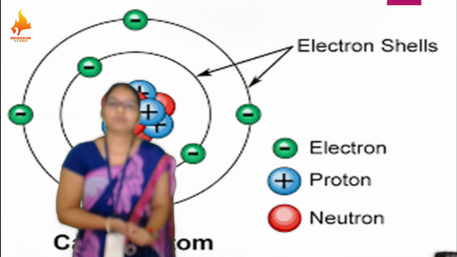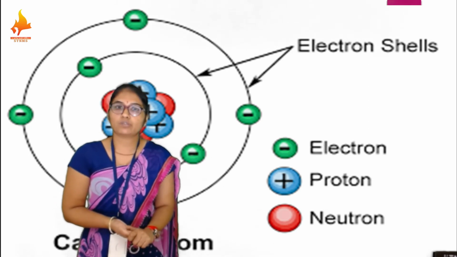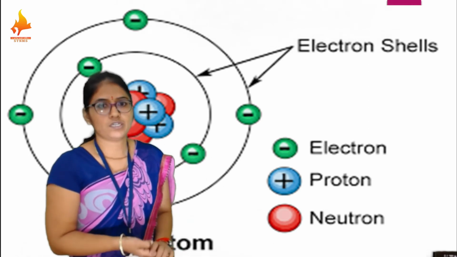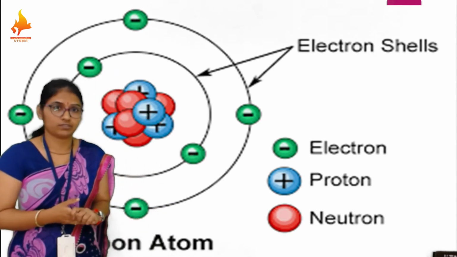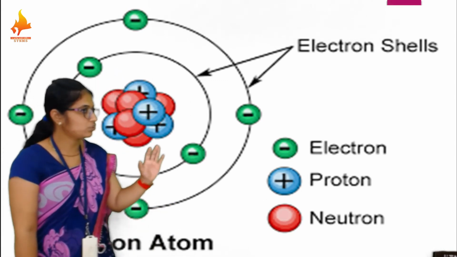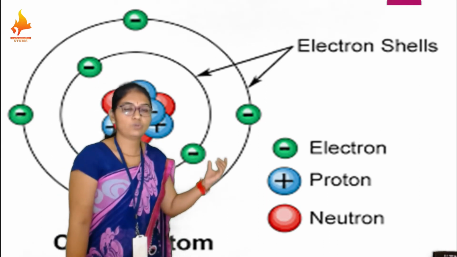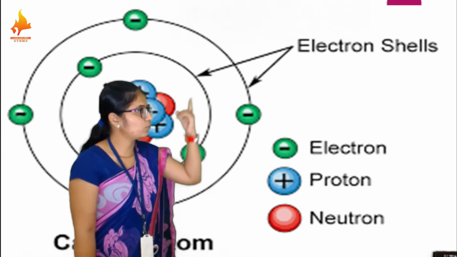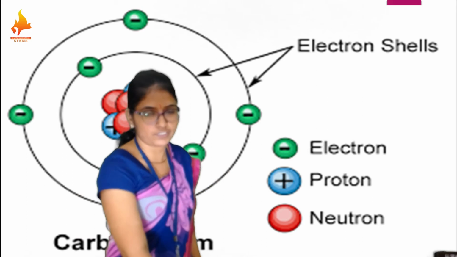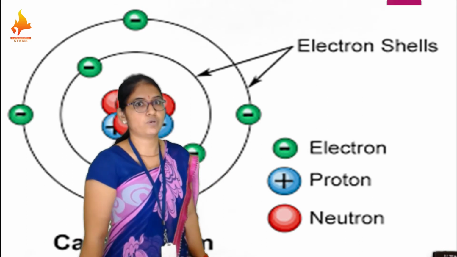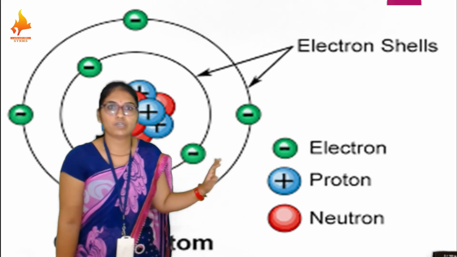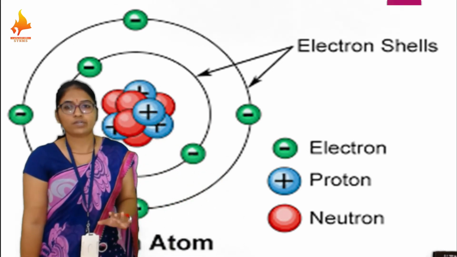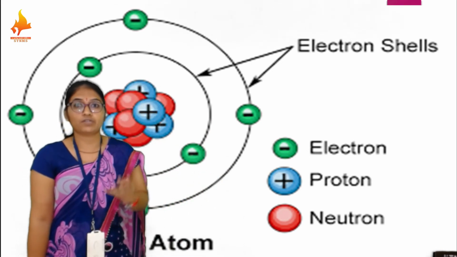These are the subatomic particles of atoms: electron, proton, neutron. Here the example of carbon is given. Carbon has atomic number 6, so its configuration, the distribution of electrons, is 2 electrons in the first shell and 4 electrons in the outermost shell, and its valency is 4. Carbon has a tendency to share electrons. It will not donate or accept 4 electrons to complete the shell. It only shares 4 electrons.